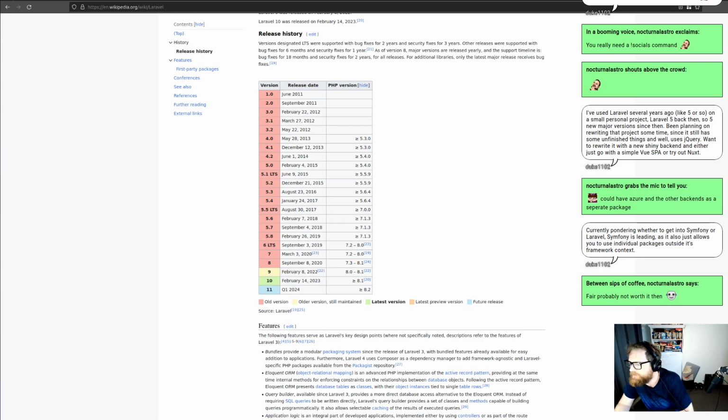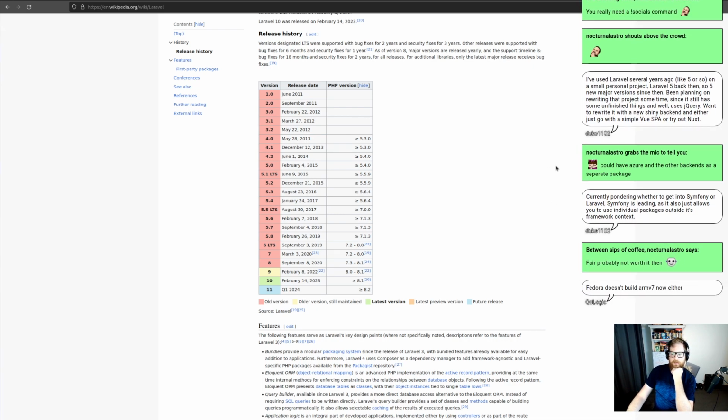Been planning on rewriting that project sometime since it still has some unfinished things. Uses jQuery. Want to rewrite it in new shiny backend and either go with a simple Vue SPA or try Nuxt. Ooh, fair enough. I have not used Nuxt yet. I tend to